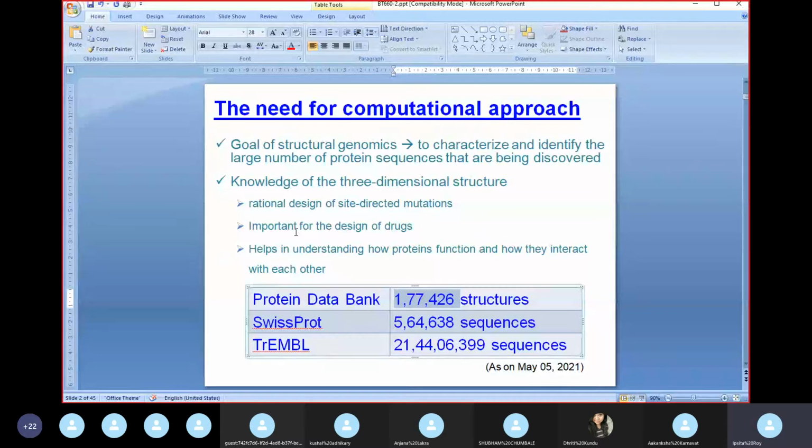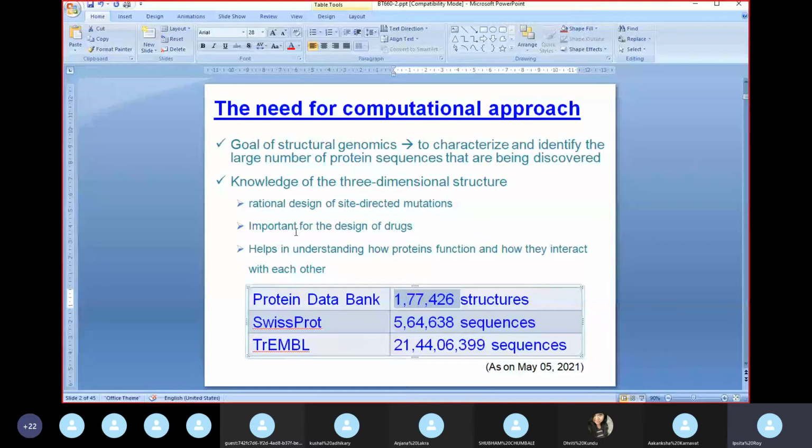You will also be able to do energy calculations, so you can say whether it is more stable or less stable. When you actually carry out the mutation, you still will have to carry it out. But the number of mutations that you need to check becomes limited. It becomes smaller, which is manageable, because with the computational approach you have eliminated many possibilities with which you would not get a proper structure.